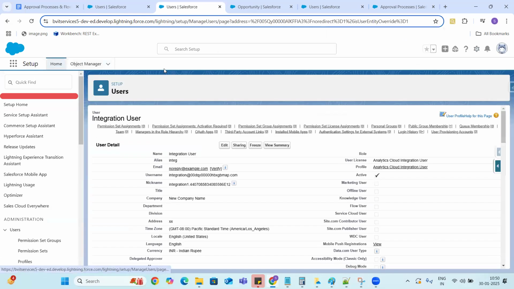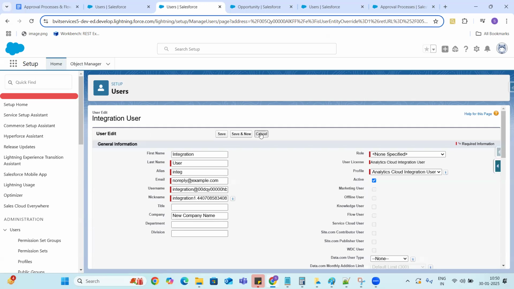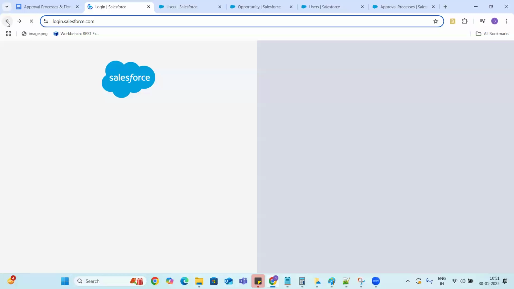So all the initial actions will get executed. Okay, clicking on cancel. Okay, this is some analytics user, guys. So we can't log in as that particular user.